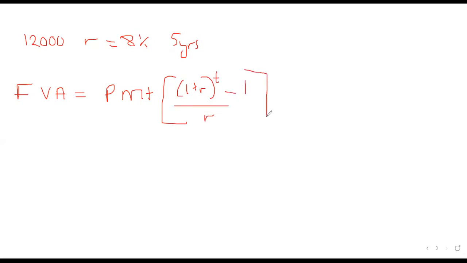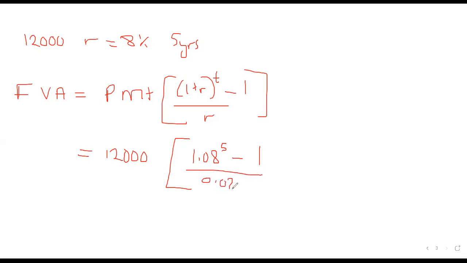So what is our periodic payment? 12,000. And what is our interest rate? 8%. So 1.08 to the power what? 5 minus 1. Then below, what are we going to put? Interest rate, 0.08, correct. All right. So what remains is an issue with the calculator. 1.08 to the power 5